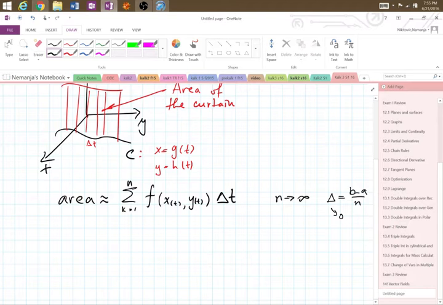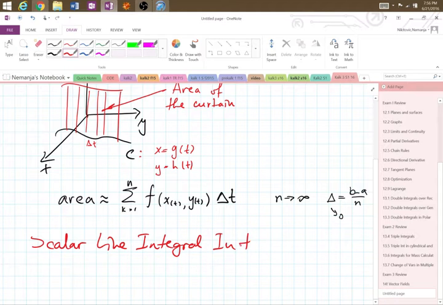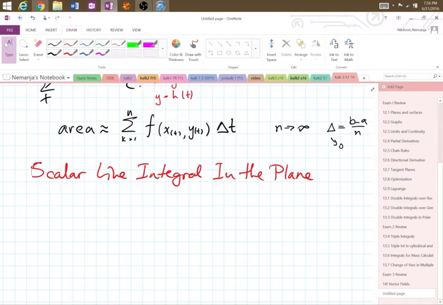And as soon as all of that happens, we get our definition for the scalar line integral in the plane. And that definition is that,